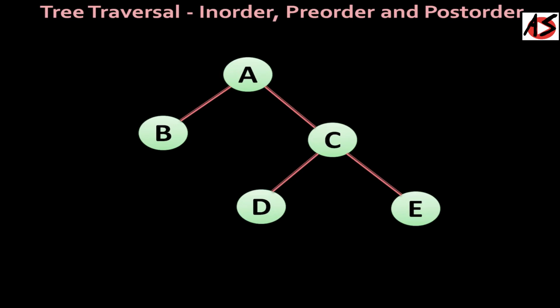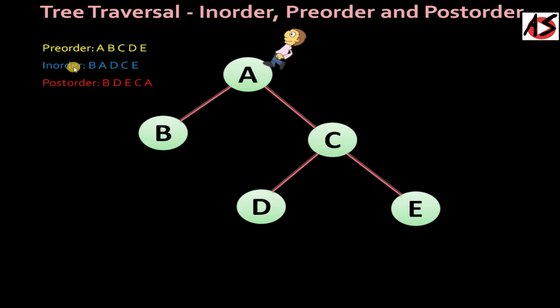If you want to do the tree traversal of a binary tree in order, pre-order and post order, you have to just walk around the tree. Walk and walk. When you reach the end of the tree, you have a list of nodes with in order, pre-order and post order. It is super easy. How to do it? Please watch the video till the end and you will understand how to get in order, pre-order and post order with just this walk.